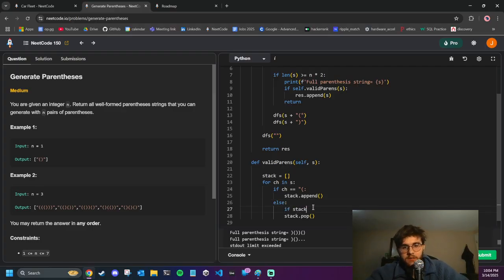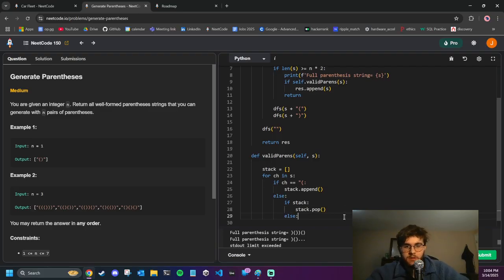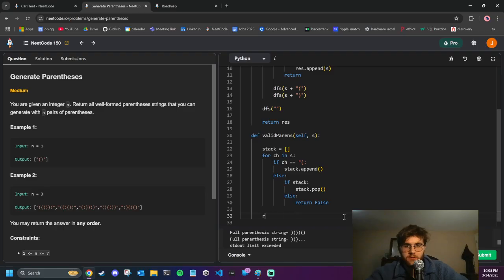If stack, otherwise return false, and then return. That's not that readable. All right, so